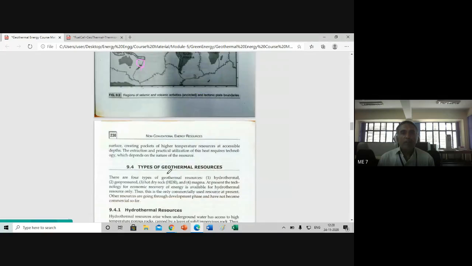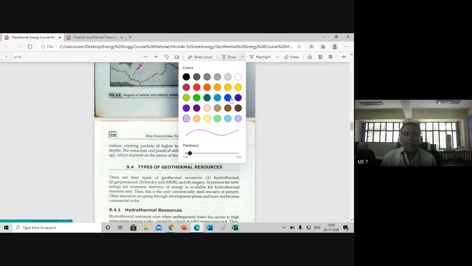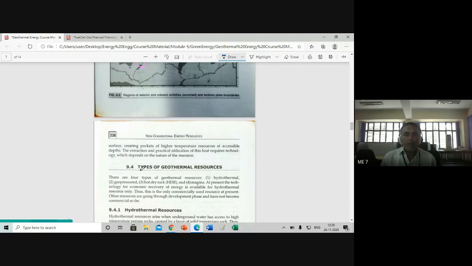Types of geothermal resources. Look at this. These are types of geothermal resources. There are 4 types of geothermal resources. One is, look at this,